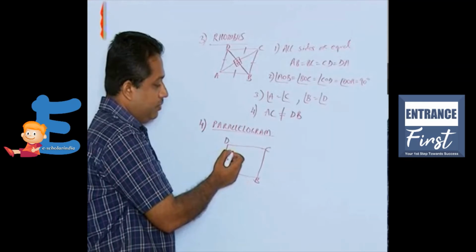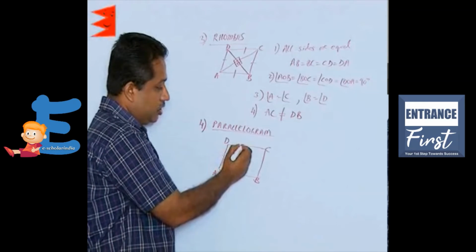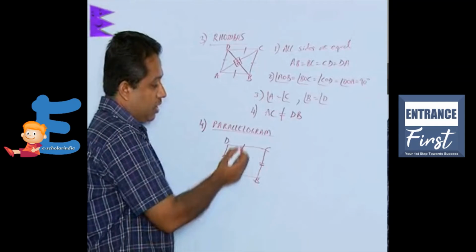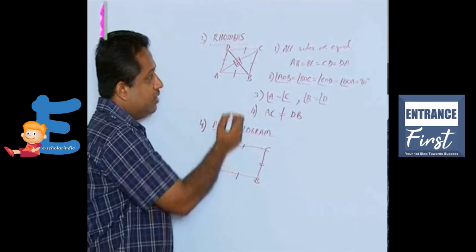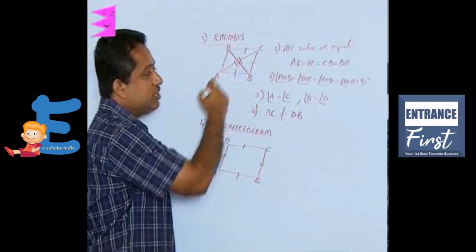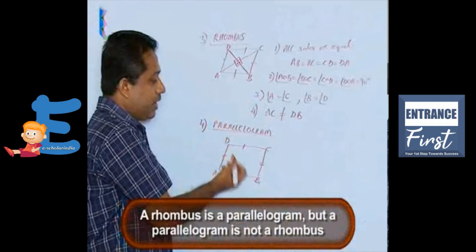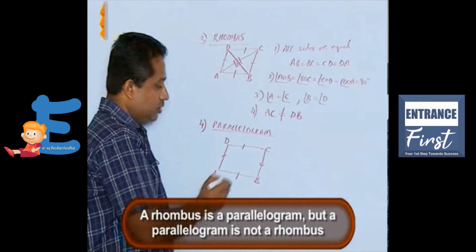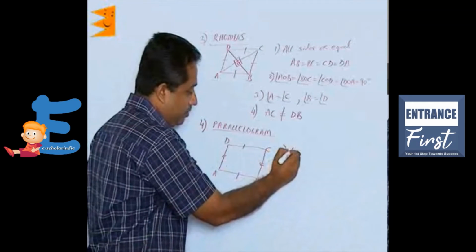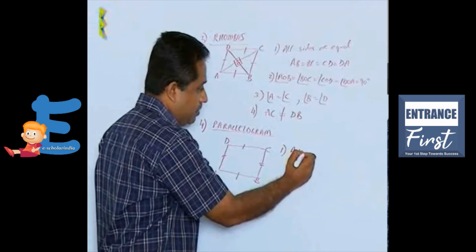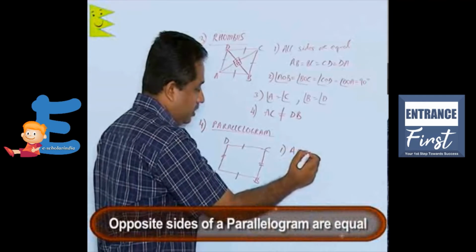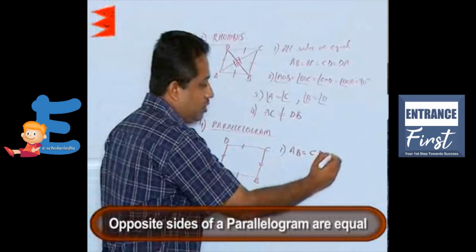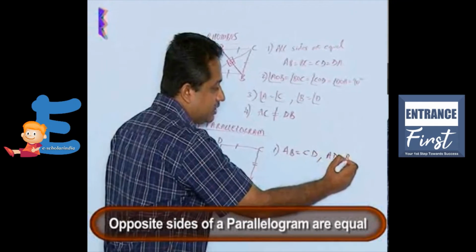A parallelogram is a figure in which opposite sides are equal. So all sides are not equal here, but in a rhombus we saw that all sides are equal. So a rhombus is a parallelogram, but a parallelogram is not a rhombus. So look at this parallelogram. We can say that AB is equal to CD and AD is equal to BC because they are opposite sides